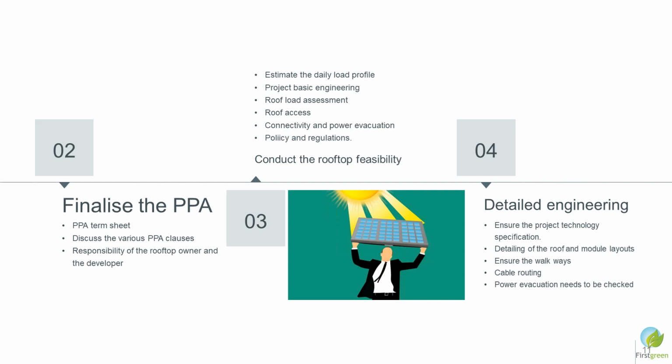with the client, and each term of the PPA is discussed with the client. Generally the client also gets it reviewed through his legal team. It's a legal document, so it has to be explained properly to the client, and the rooftop owner as well as the project developer should transparently share all the documents related to the PPA, and the risks associated with the PPA should be transparently discussed and explained to the rooftop owner.